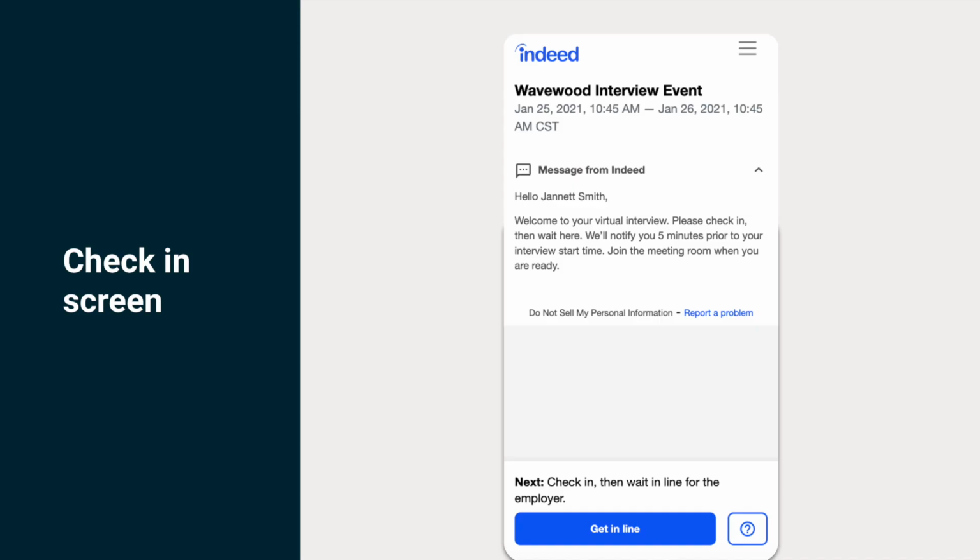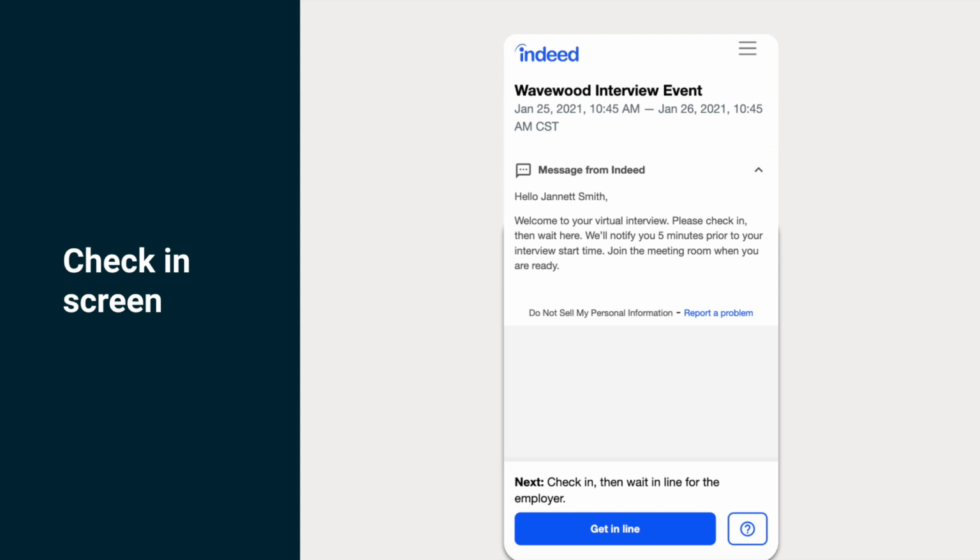Indeed has elevated its communication with job seekers and automated some of the ways we keep job seekers engaged leading up to the interview. Candidates receive the link to access the interview in 3 different ways. First, the link was provided to them when they initially RSVP'd via an email confirmation. Additionally, the candidate received a text and email confirmation the day before the interview. Once the job seeker has taken any of these 3 actions, they will be brought to your customized welcome message.